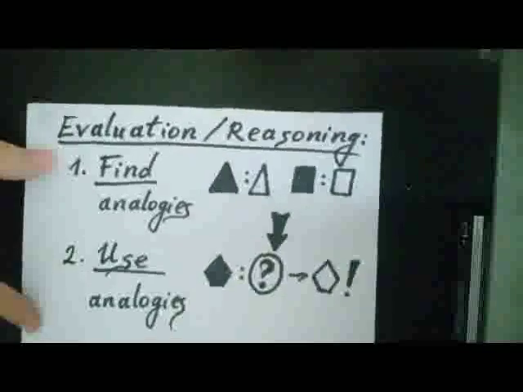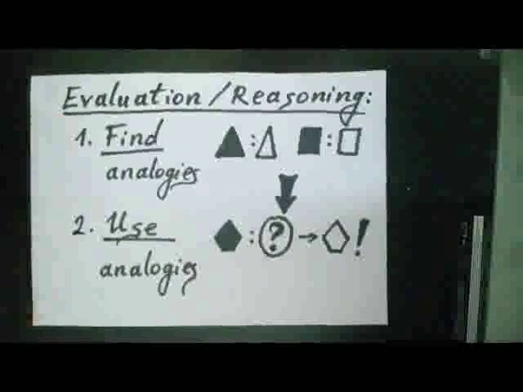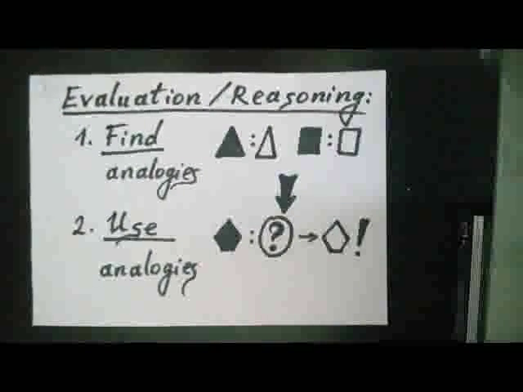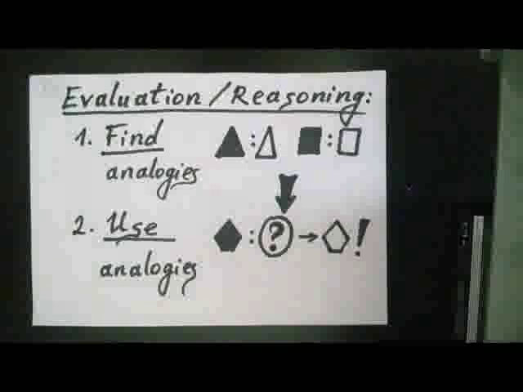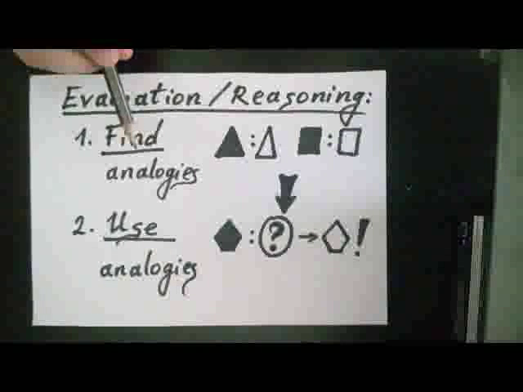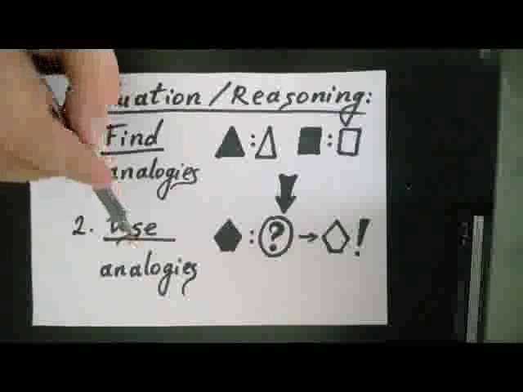intelligent reply to be output, the system will need to apply some kind of reasoning. After all, that's why you would call it an artificial intelligence. I believe that at the core of all reasoning lie two simple processes. First, from input or thoughts to find analogies, and second, to use those analogies somehow.